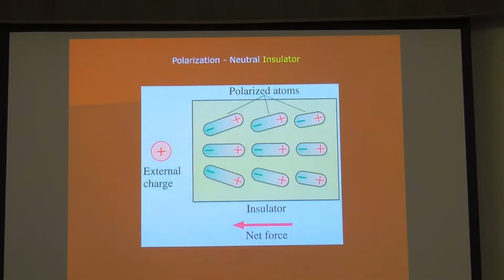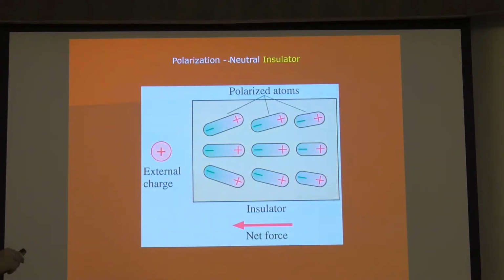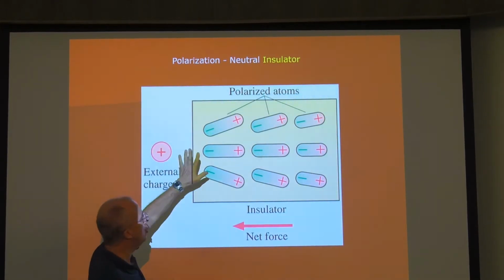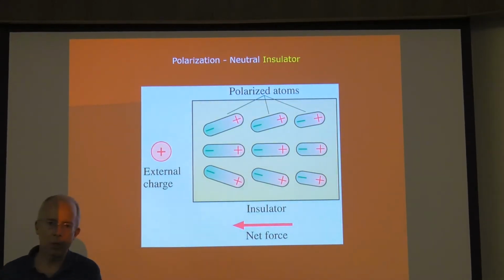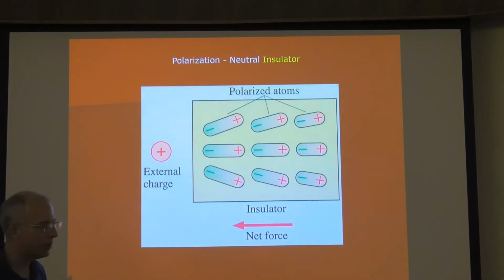All right, so that's a conductor, right? A neutral conductor. Now let's talk about a neutral insulator. Here's the external charge. You can think of the charged rod. Here's a neutral insulator. Now remember, insulator, so the mobility of charge is very tiny. So what happens? Well,